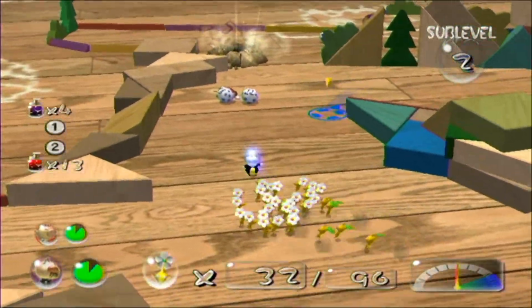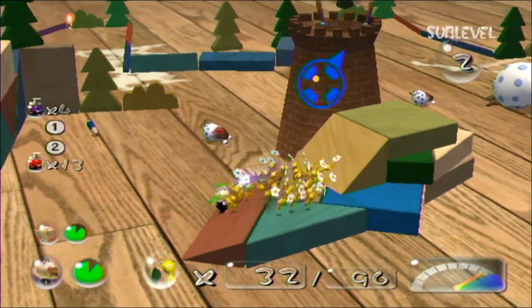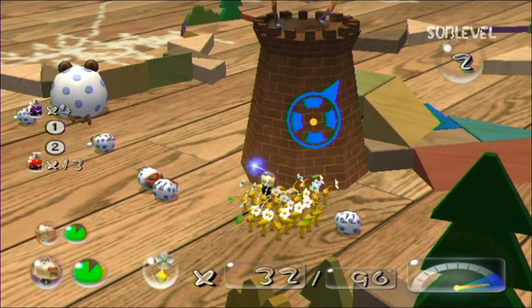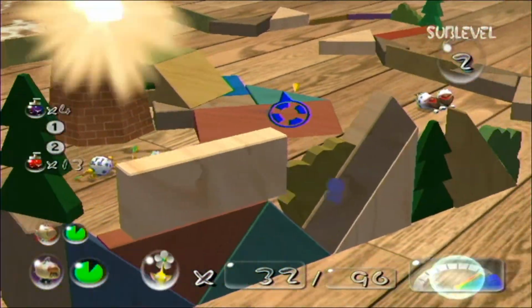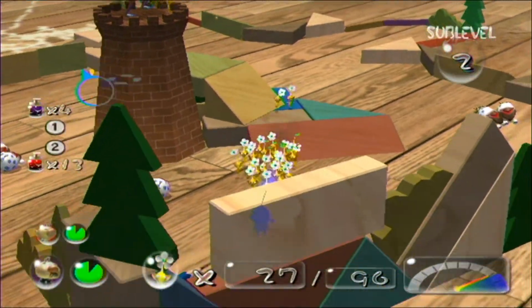I wish I could see his health. I think he's on just a tiny bit left, about 10% maybe. So just a couple more shots ought to do it. We really need to face him away though, because he's just bombarding the bridge, or rather the ramp, as we go up it. So we need to get at least a second or so of free time, and my computer